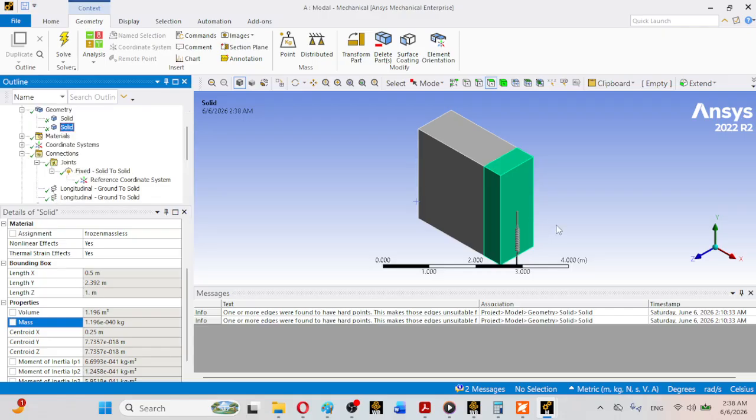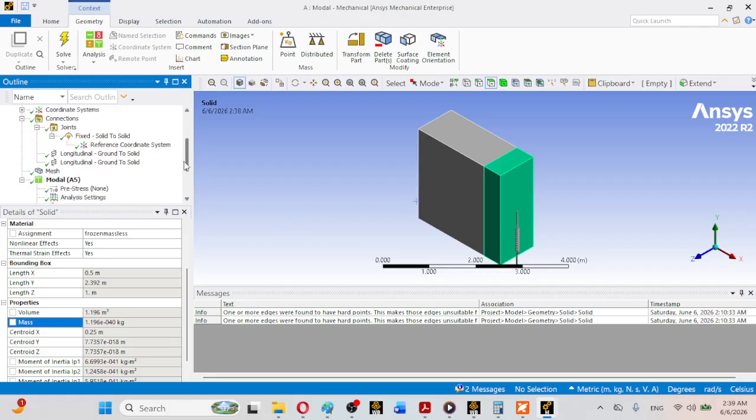will be creating a fixed joint between this adjacent face, between the common face of this volume and this volume, this central face, which is the common face between this volume and this volume. So you will be hiding one body, for example this body, and selecting the face from this volume, and after that you will be showing this body and hiding this body, and you can rotate it further, and you can select the other face from this volume, and you will be